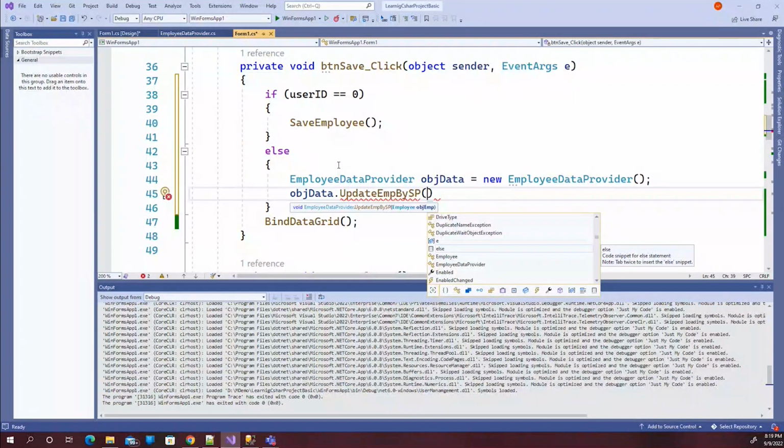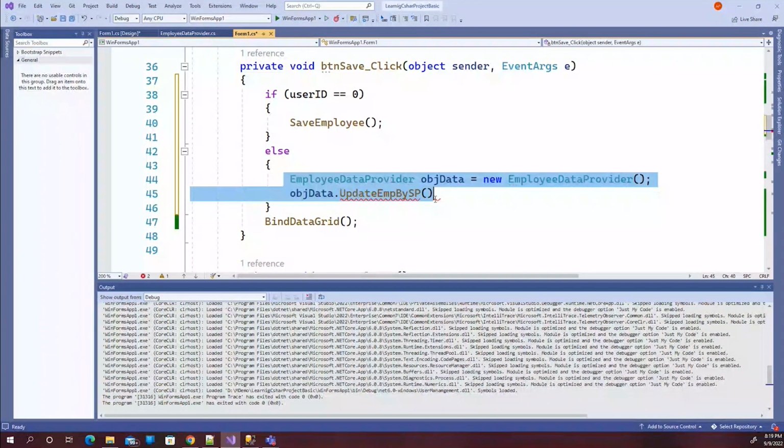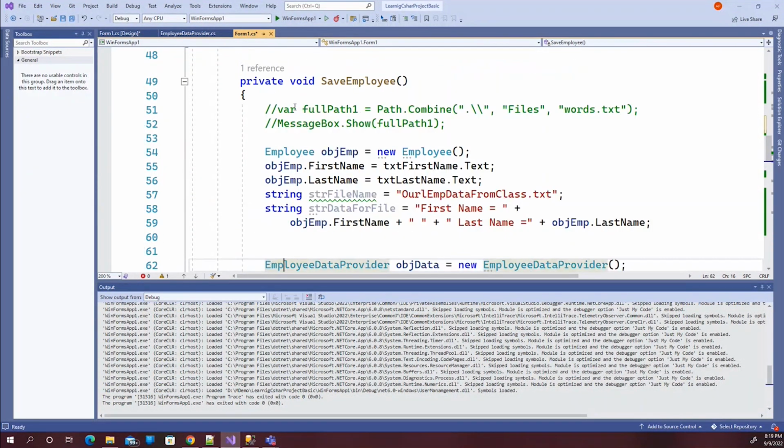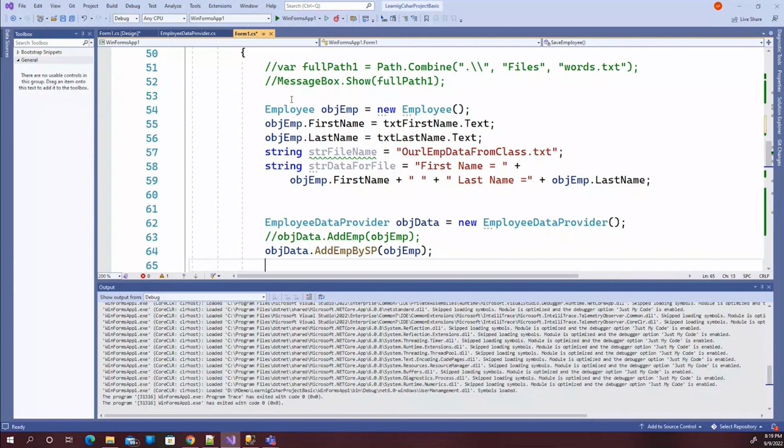But as you can see, we do not have the value of our employee over here. So what we can do, we can write all this logic within our save function for now. So I will go in our save function and say, do everything that you are doing for now,